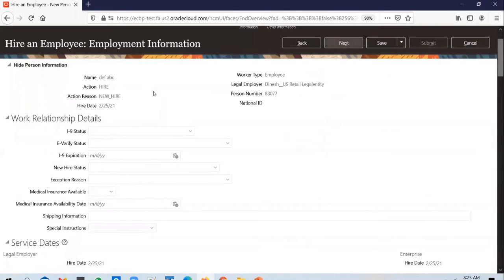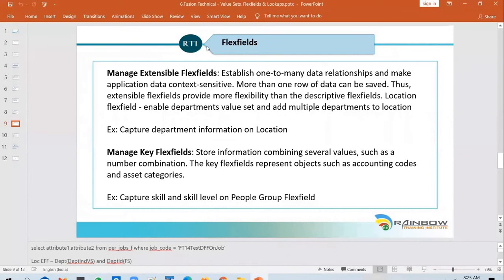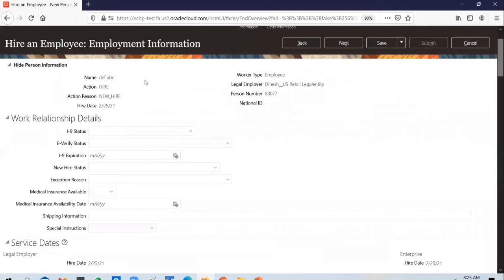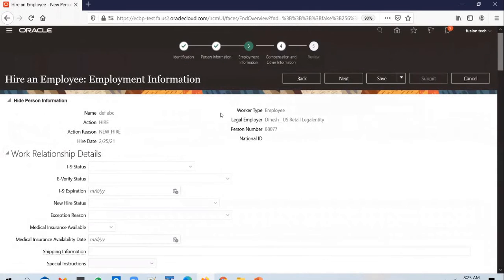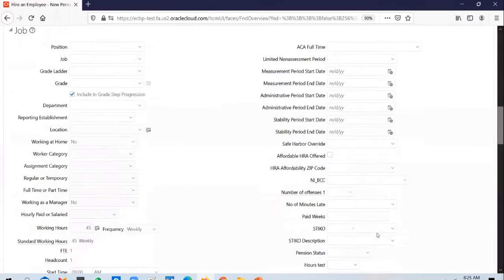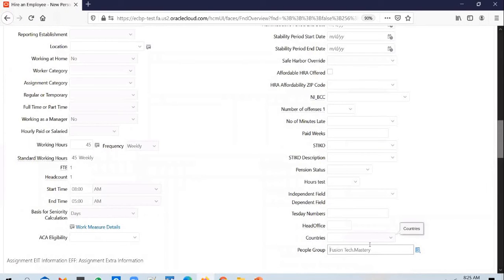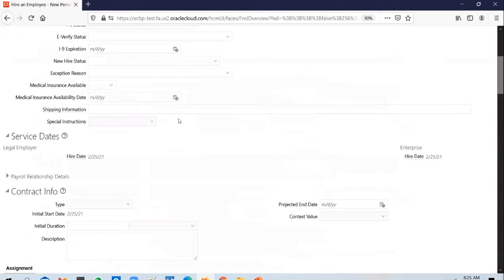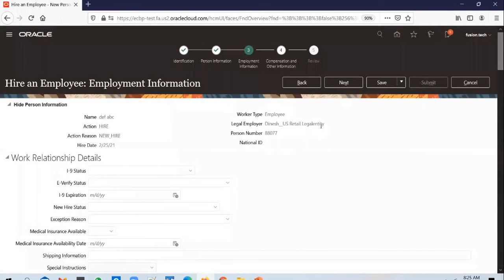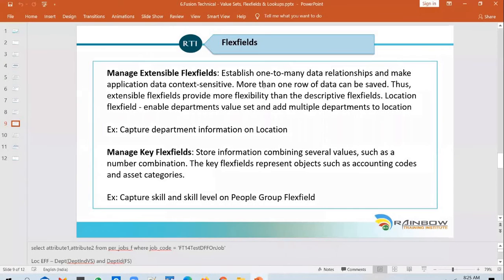Okay. We won't be saving employees, because creating a location or job is fine, but we don't want to unnecessarily load in employees or save them to the instance just to see how the KFF works. But as you can see here, this is how you configure KFF, and when you configure it, it won't get reflected immediately in the instance until you tag the structure instance that you have created to the legal employer in which you're trying to hire an employee. Okay. Any questions, guys? Any questions on the key flex field?